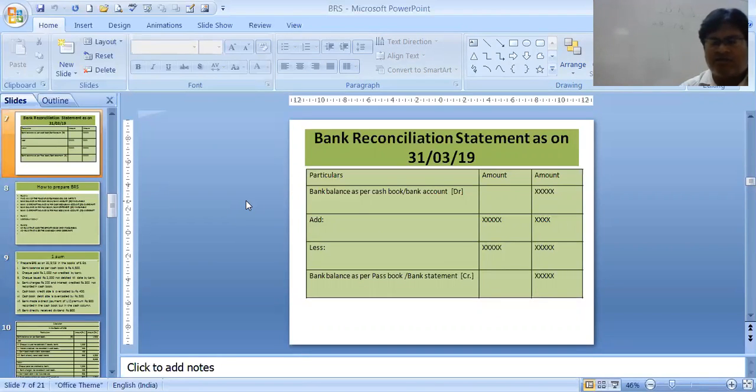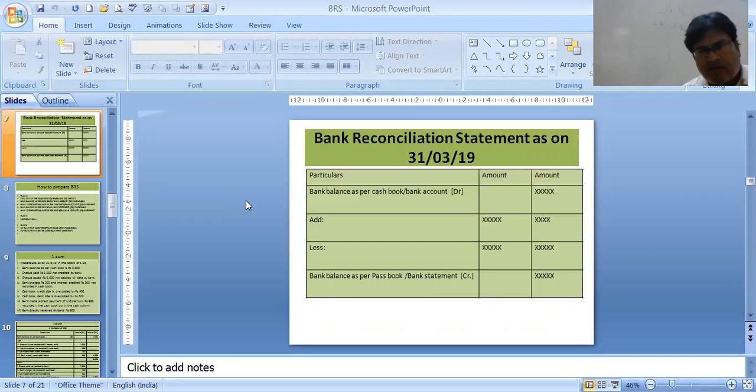So there were three methods of preparing BRS. Number one is a simple method in which we have to just prepare a BRS with the given bank balance or cash balance. That's the first method. Second method is when they will be giving us a passbook summary statement and cash book statement. And then we have to find out where is the mistake, what we have deposited, bank has not cleared, or whatever be the reason by seeing both the statements, a cash book statement and a passbook statement. Passbook statement is issued by the bank. Cash book is prepared by the businessman.